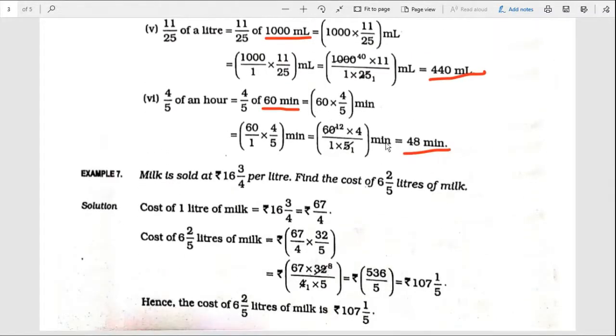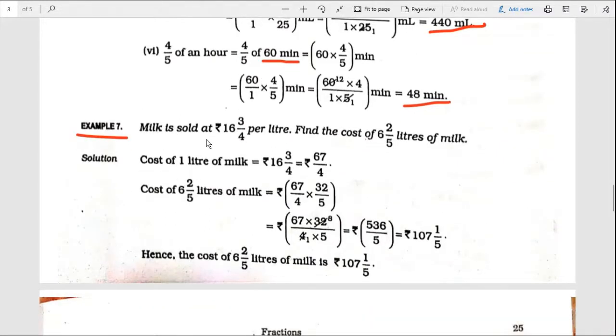All questions are very simple, and don't forget to revise the given example. This one has the hints as well as the method to know how to solve it in your fair copy. So don't forget it. Example number 7.